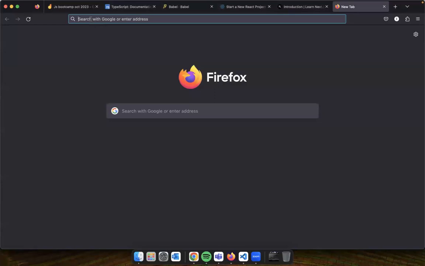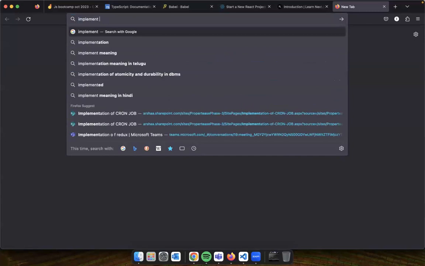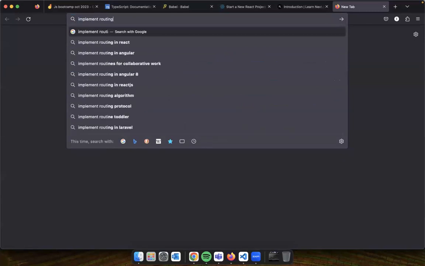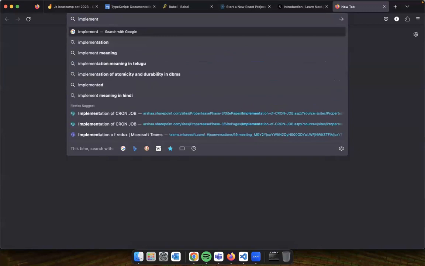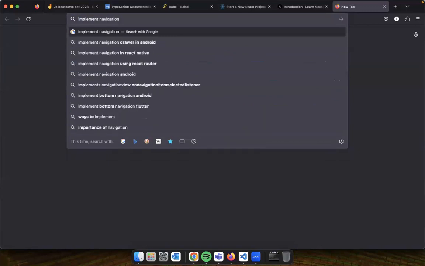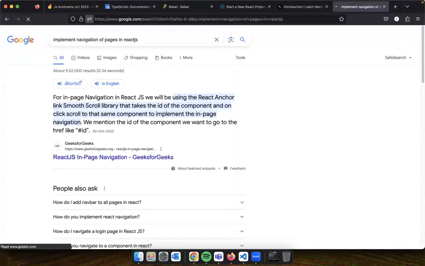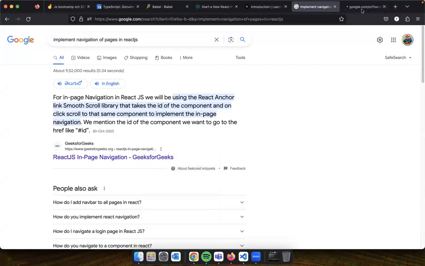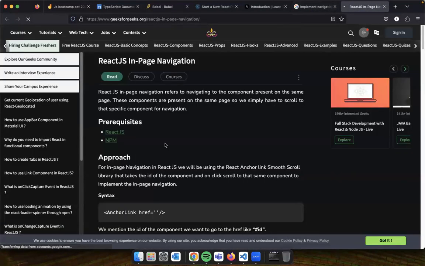Sorry. So looking from the perspective of the person who discovers, let's see how to implement this, and what other options we have. Routing, or let me use very simple terms, implement navigation of pages in React.js. Let's see what all options we get. The reason why I'm searching here is we never know. There could be a new package that has been in the market for a while, which became popular just in a month or so. So see,